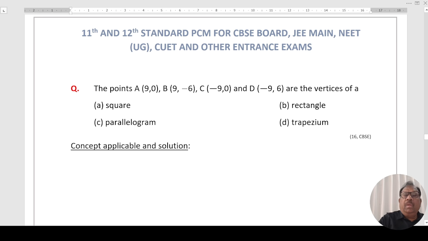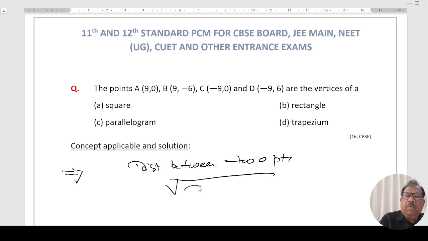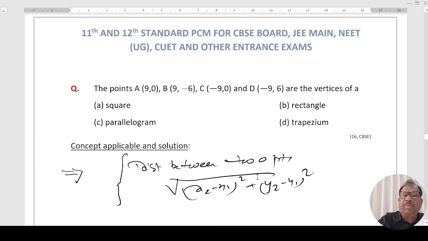Question: the points A, B, C, D are the vertices of a square, rectangle, parallelogram, or trapezium. Concept applicable: distance between 2 points is given by under root (x2 minus x1) whole square plus (y2 minus y1) whole square. We have to use this formula